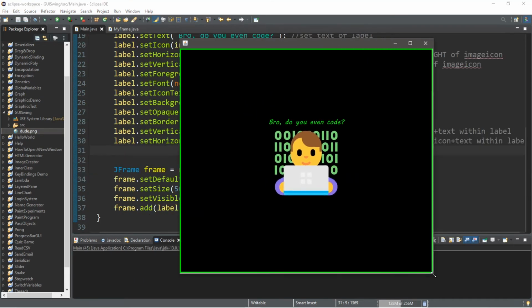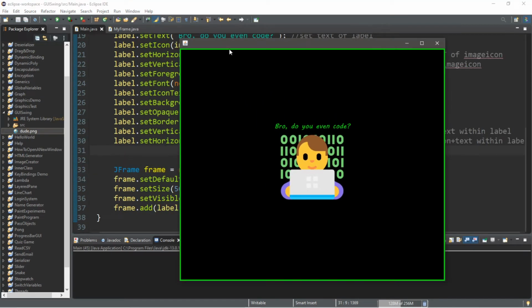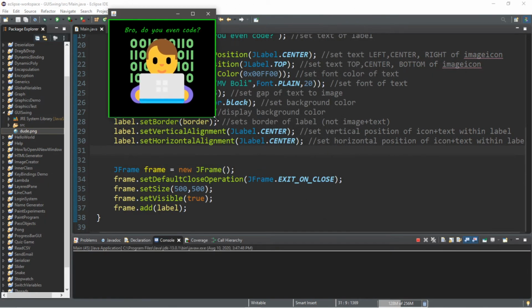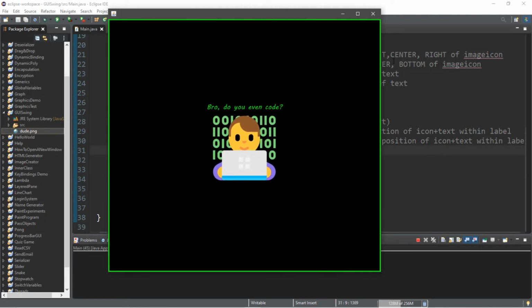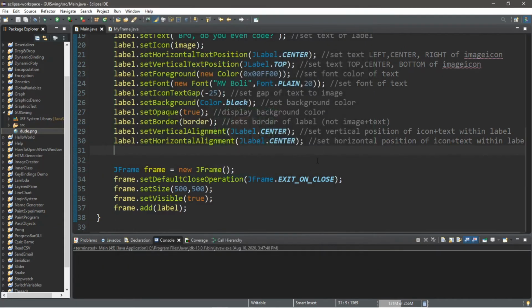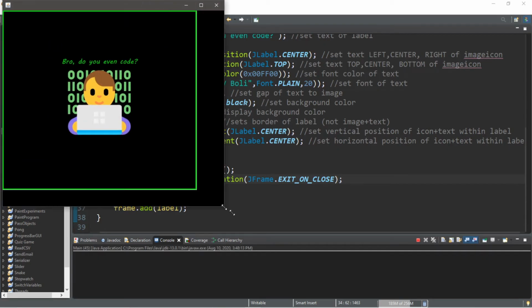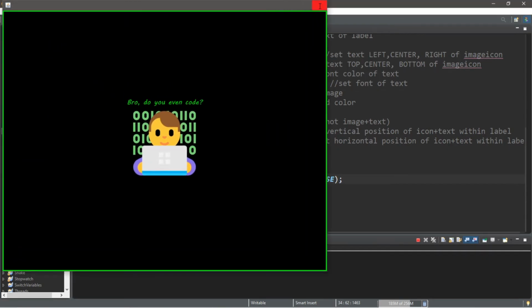Now you're probably thinking that it's kind of stupid that the label is taking up the entire frame. Well, that's because of the default layout manager that we're using. So one thing that we can do, at least until we get to the lesson on layout managers, is that we can set the layout manager that we're using to null, and then we can manually set the size and the placement of this label so it won't really take up the entire frame that we have.